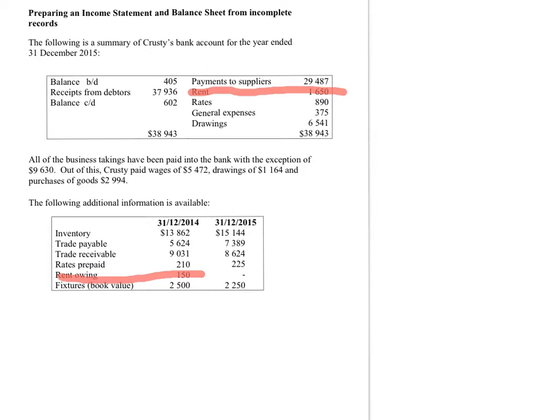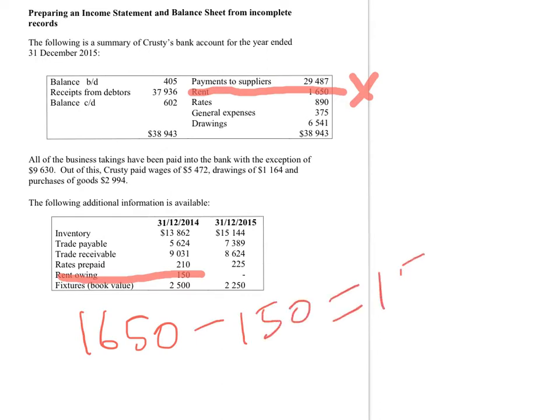So the rent paid this year was 1650, and that appears here in the cash book. Now, do we show the 1650 as an expense on the income statement? We normally do, but in this case we don't, because the rent figure is going to be impacted by the rent owing last year of 150. So the rent figure that will be shown on the income statement then will be the 1650 minus the 150, which will be 1500. And the reason for that is